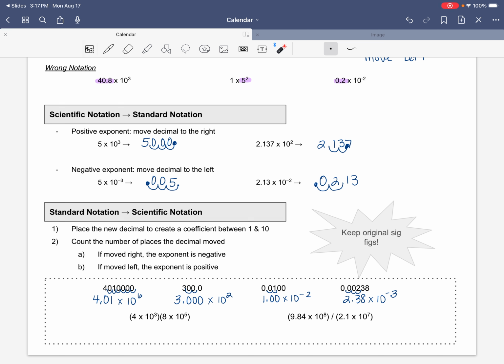So second, and then EE, and then type in 3, parentheses, and then times, parentheses, 8, second, EE, 5. The E just stands for times 10. So it's just a faster notation for putting it into your calculator. It also ensures that there's less human error whenever you're typing in the problem. But if we go ahead and type this in, I get